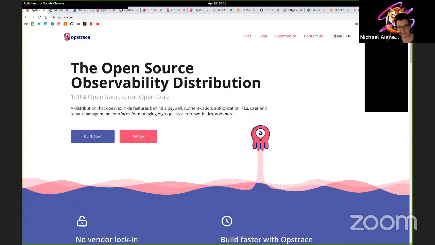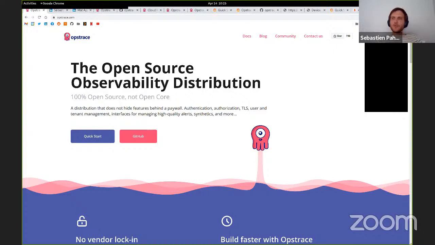Maybe one last question. What was the intention to build Opstrace? Was there an event or an idea which grew over time? Yeah, it grew over time into what it is now, but the first part was observability. We interviewed a lot of companies of different sizes and asked them the same infra questions: how do you manage your infrastructure?